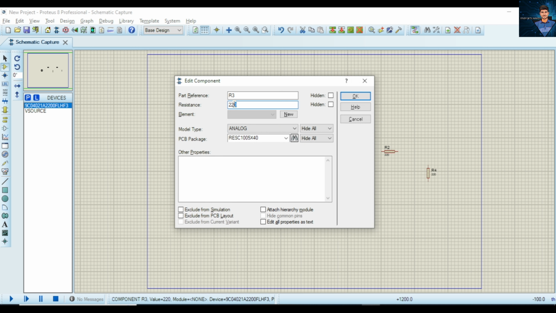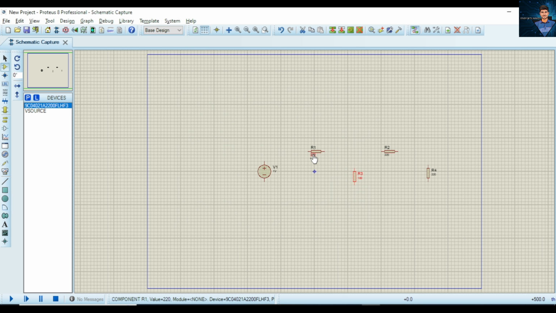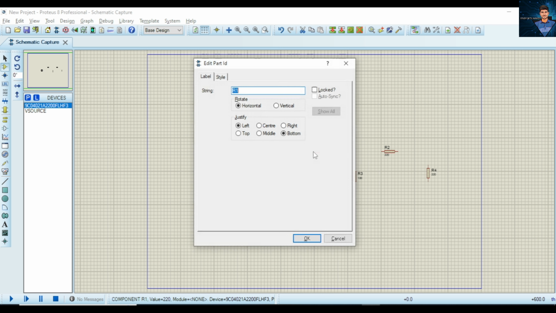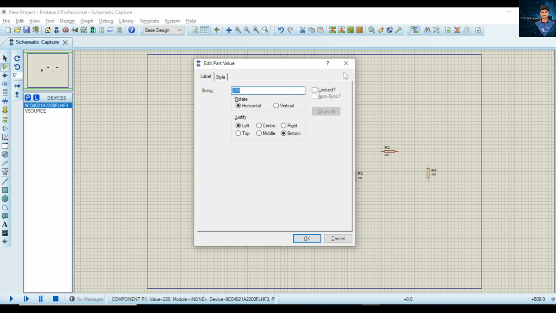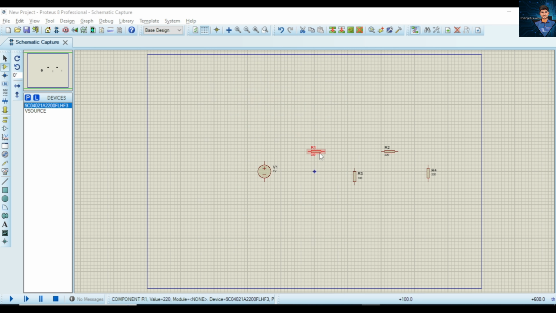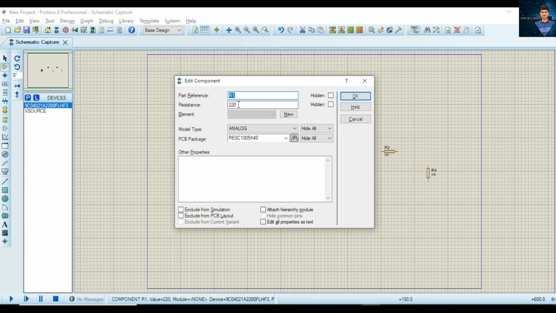I can make it 100 ohms. Here I can change this by double clicking. Five 800 or 500 ohms,